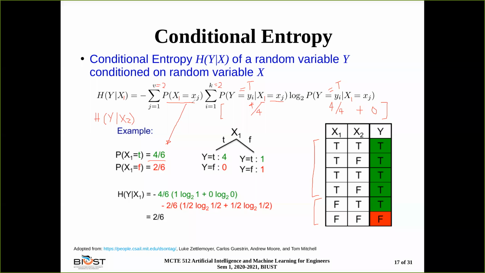Then the next case is when x1 is false. So when x1 is false, you have 2 over 6 times, okay, now x1 is false. What is the possibility? That is the true case. So that's 1/2 log 2 of 1/2 plus the false case, 1/2 log 2 of 1/2. Okay. So now this whole case is